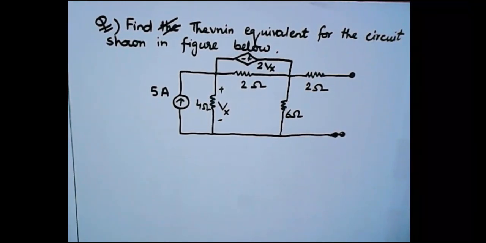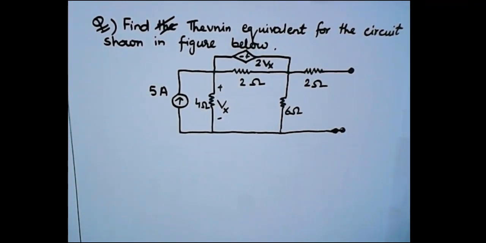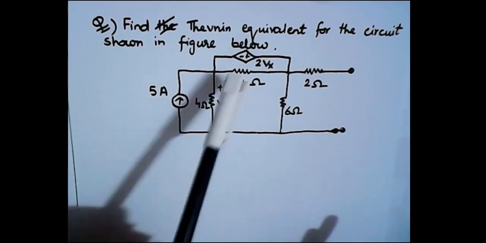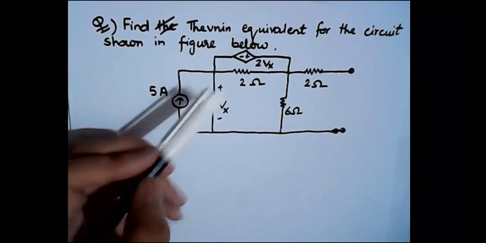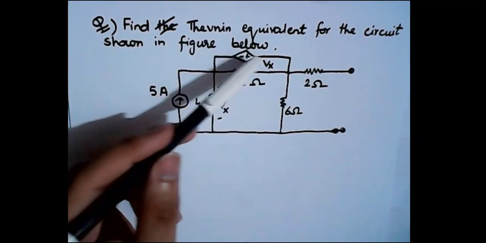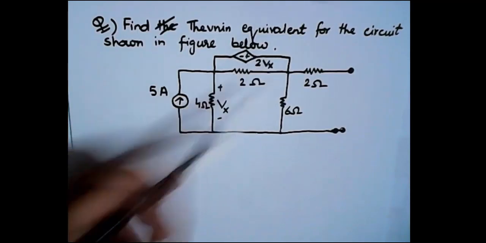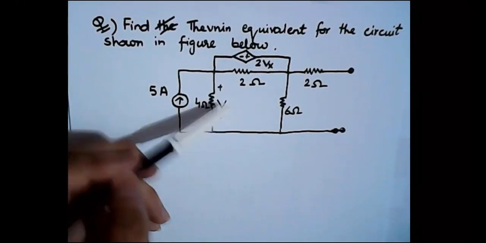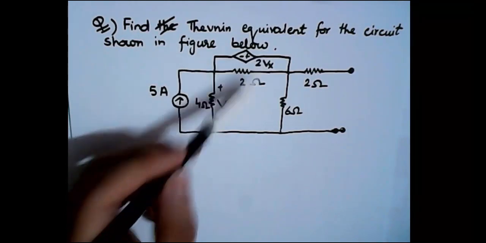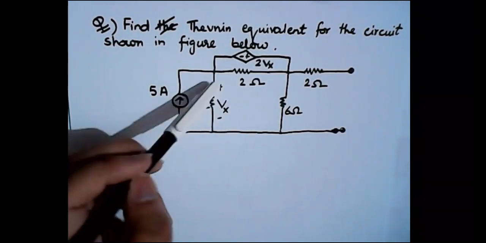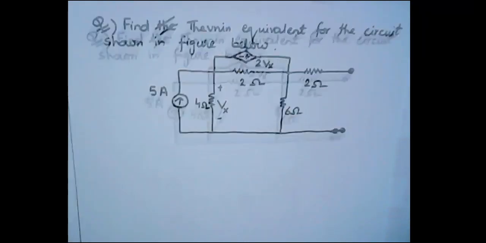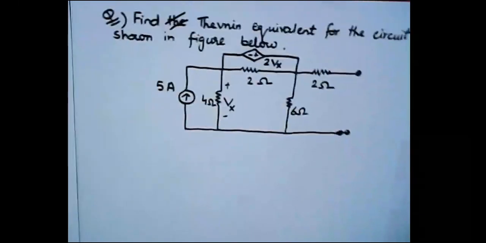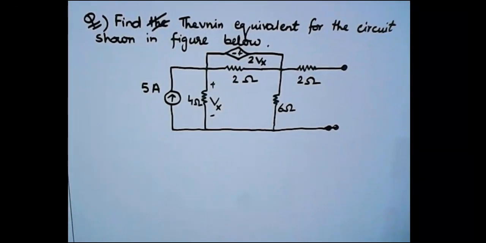It is very important to note that we cannot turn off a dependent source. Why can we not turn off a dependent source? Because it is working with respect to some other variable in the circuit, right? If you look at this point, it is working with respect to the variable Vx, and Vx is the voltage here. And if we want to turn it off, then we need to change the layout of the circuit, which is not possible, right? So it is not possible to change or turn off a dependent source. And how we deal with it, let's see.